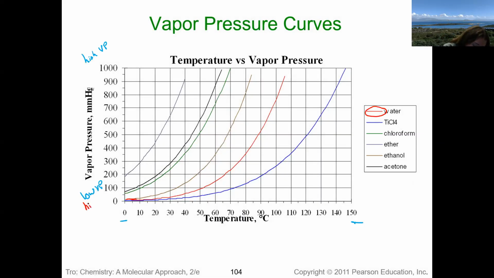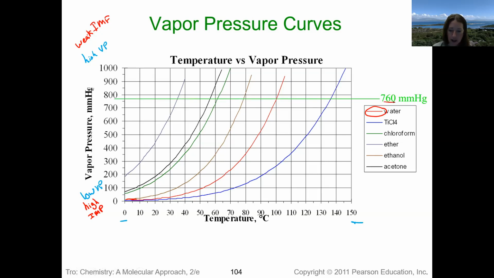So these are high intermolecular forces. Weak. I'm going to use weak instead of low IMF, because I don't want people to confuse them, right? High vapor pressure, weak intermolecular forces. So if we look here,